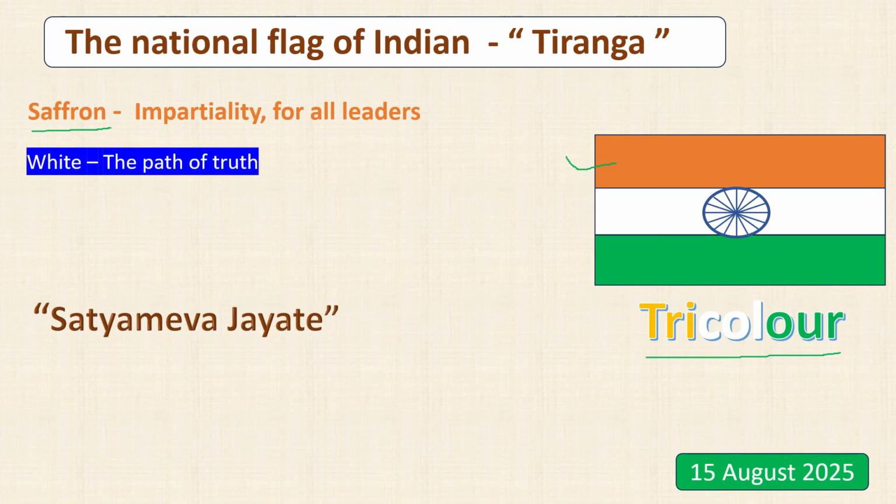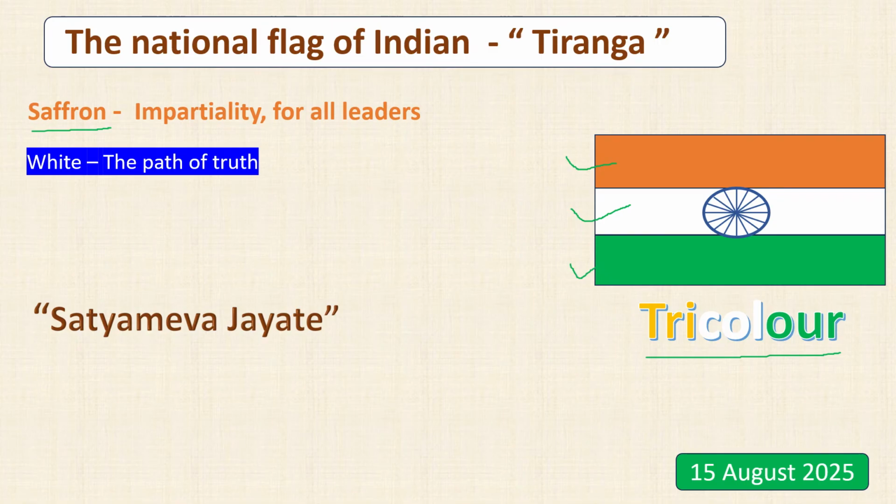The next point is the white color. White color shows the path of truth. That says we should always be on our own path. And the last one is green. Before that, the green one,